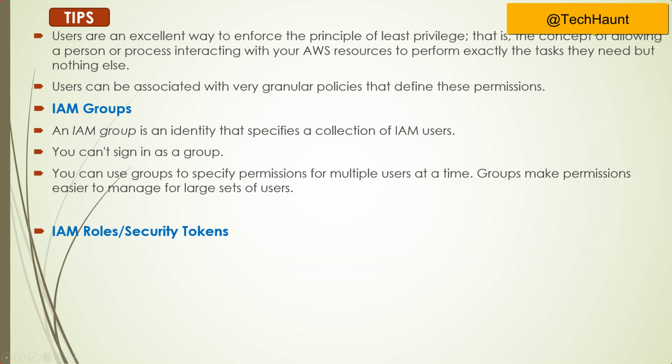So the third one is IAM roles and security tokens. Roles and temporary security tokens are very important for advanced IAM uses, but many AWS users find them sometimes confusing. So let's talk about what roles and security tokens are. Roles are used to grant specific privileges to specific actors for a set duration of time. These actors can be authenticated by AWS or by some trusted external systems. When one of these actors assumes a role, AWS provides the actor with a temporary security token from the AWS Security Token Service that the actor can use to access resources.